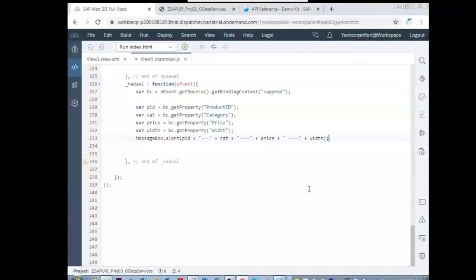So let us check the output. There's a small bug here. I'll show you what's the bug and how to fix it.